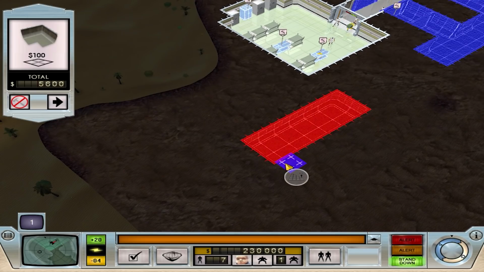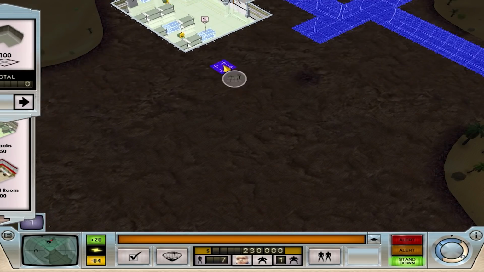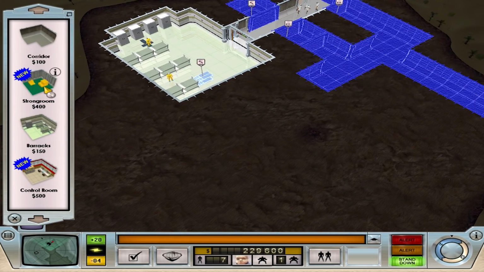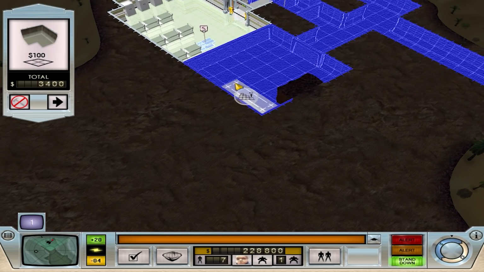As far as the control panel room is concerned, I think we're going to need that. That needs to be quite safe, because the control panel is one of the sort of more important rooms. Barracks, at the moment, yeah, we can only build a control room and a strong room. So I actually don't want to do...